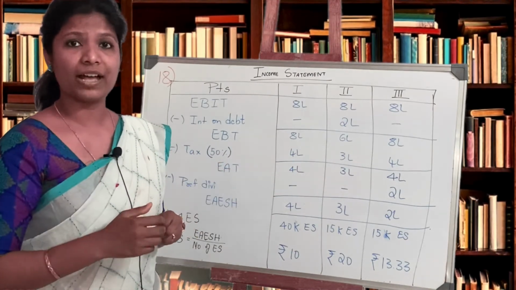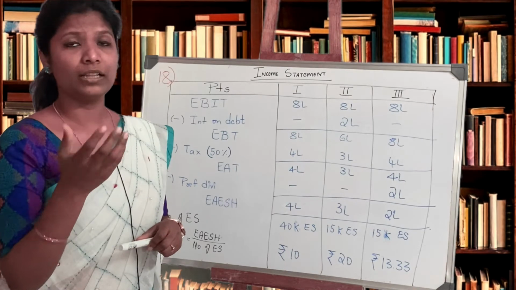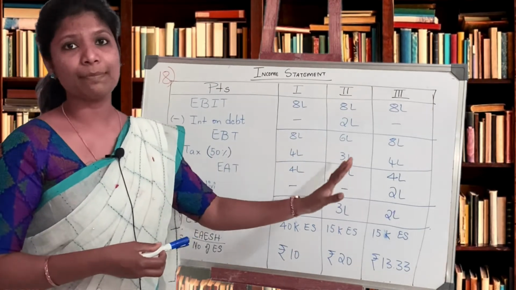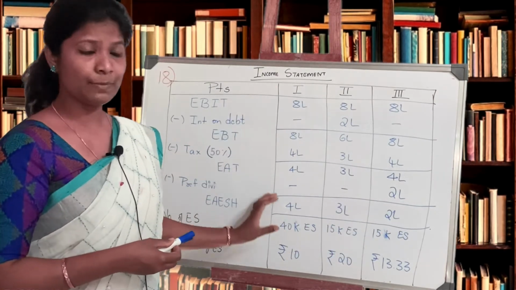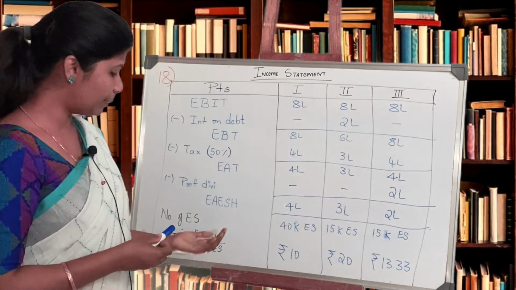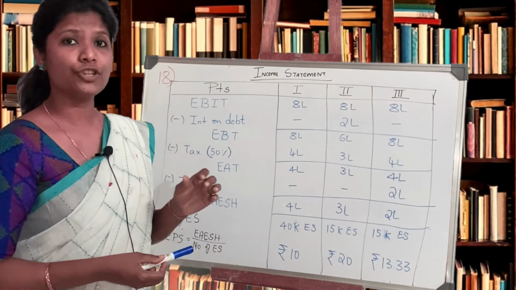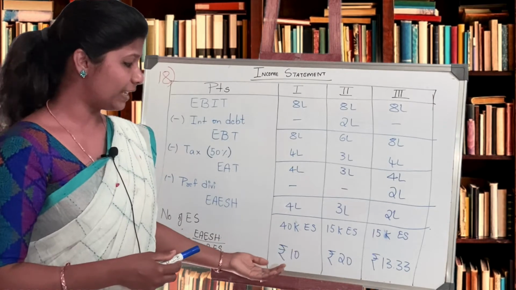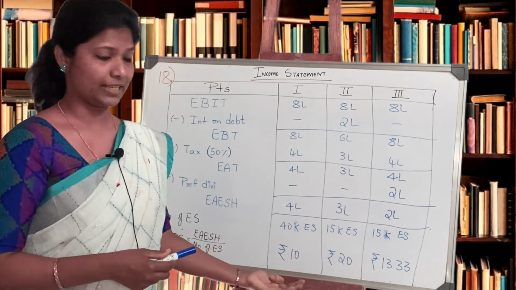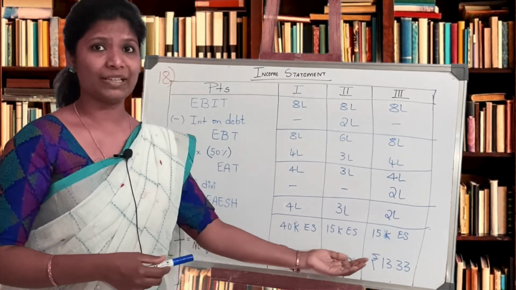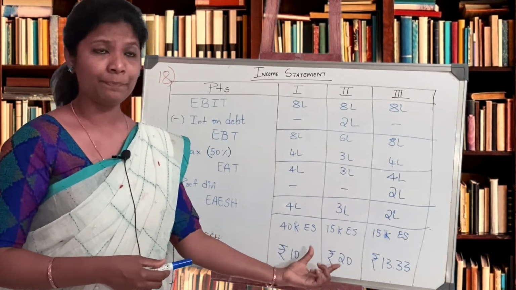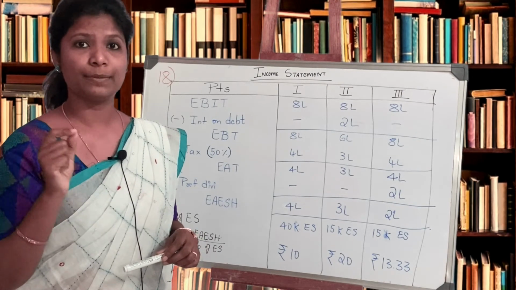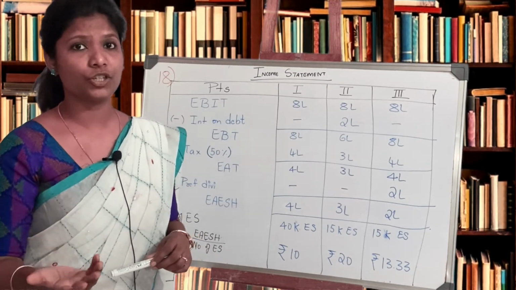The question also says we need 25 lakhs as our additional capital. We have considered these 3 plans. Now based on this income statement calculation, depending upon the EPS, which plan should we fix on? As we look at the answers, which plan do you think is giving us the maximum EPS? Is it plan 1, 2 or 3? Maximum is rupees 20, correct? So 20 means plan 2. So plan 2 is the best plan for the company to raise its additional capital.